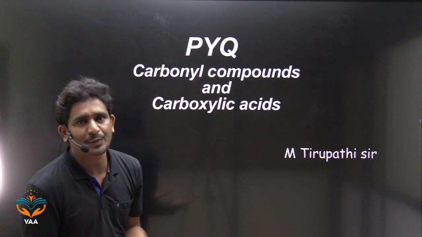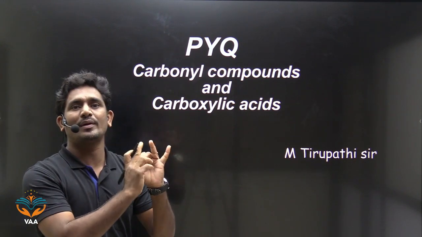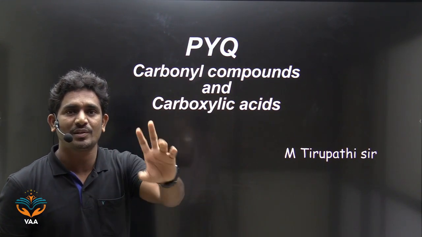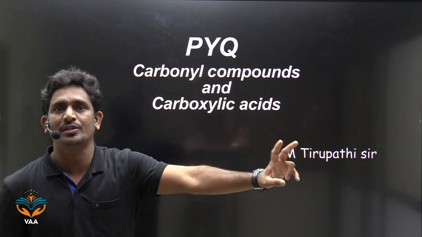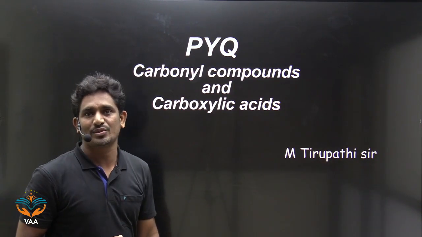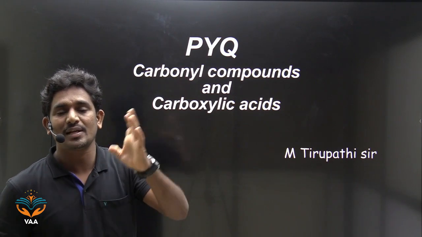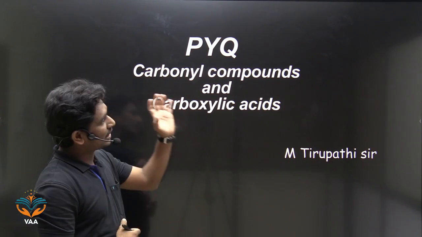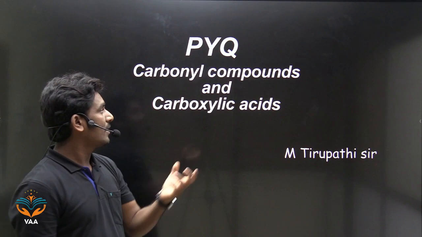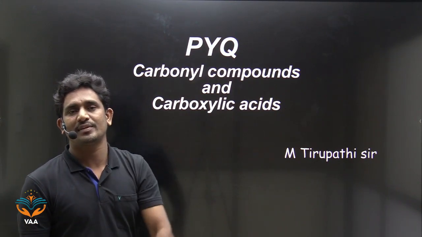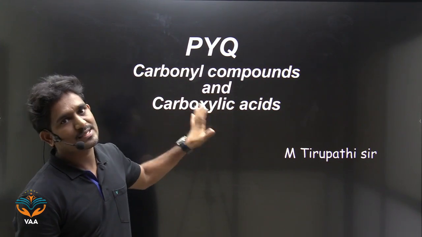Okay, so what are the important reactions of carbonyl compounds? The main reactions are nucleophilic addition reactions. The other one is named reactions. Which named reactions are included in this carbonyl compounds? The main reactions are aldol condensation. The other one is Cannizzaro reaction. And again there are two other named reactions. What are those? Cannizzaro reaction and Wolff-Kishner reduction. So these are very important reactions beta. Okay, and carboxylic acids में the main important reaction, HVJ reaction very important beta. Okay, right, now we will see all these reactions in this session.